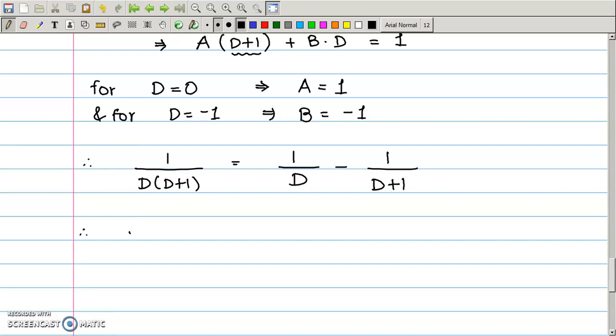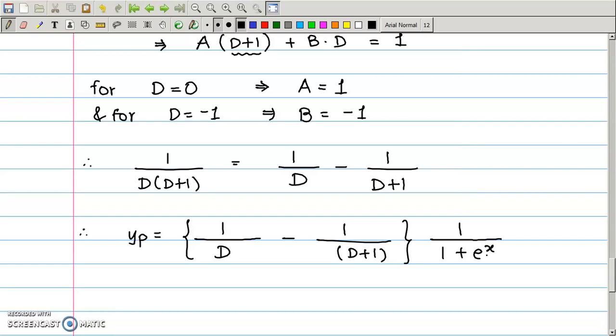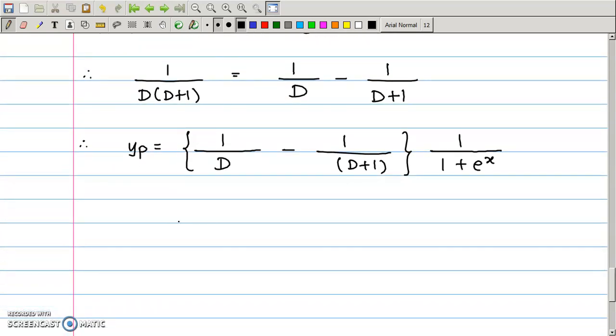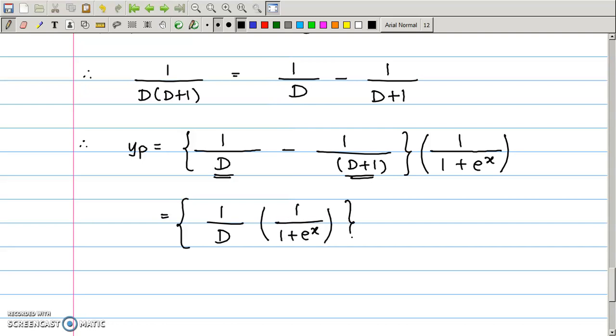So, therefore, the required particular integral can be written as, instead of 1 upon d into d plus 1, we can take 1 upon d minus 1 upon d plus 1 operated on f of x, where f of x is 1 upon 1 plus e raised to x. Therefore, we operate these two factors independently on this f of x, we get, first will be 1 upon d times 1 upon 1 plus e raised to x minus 1 upon